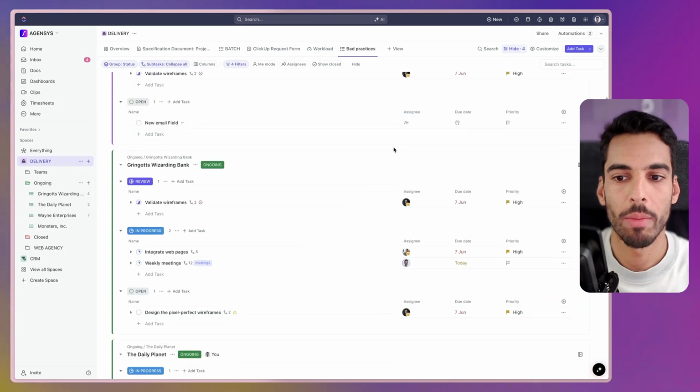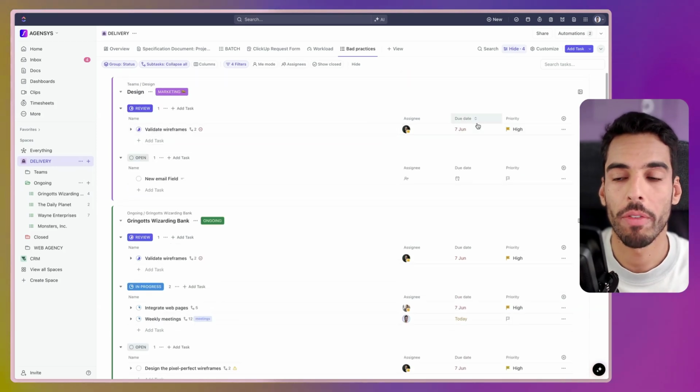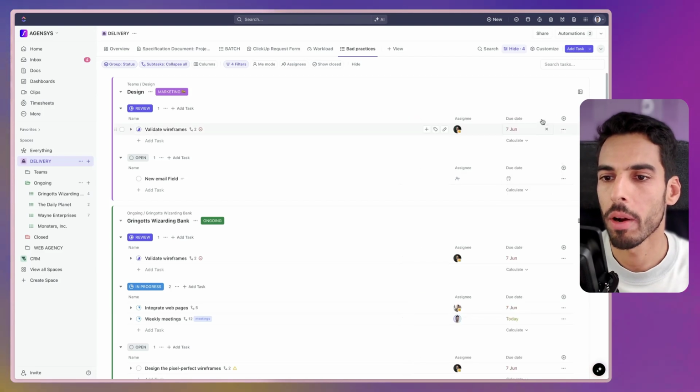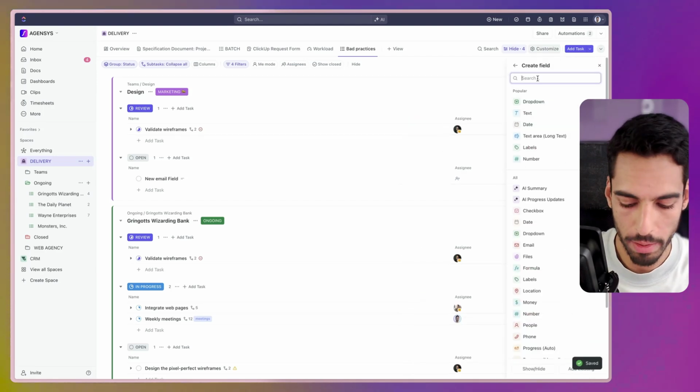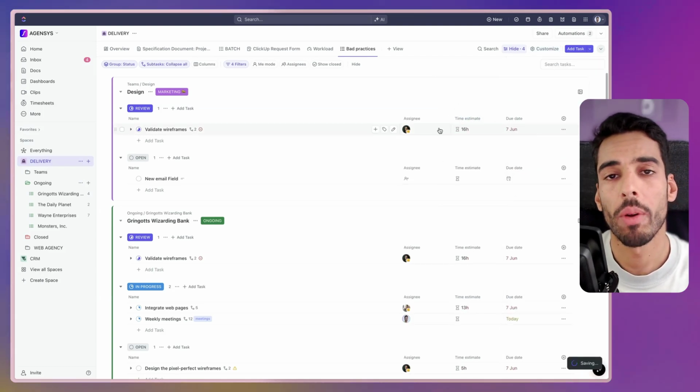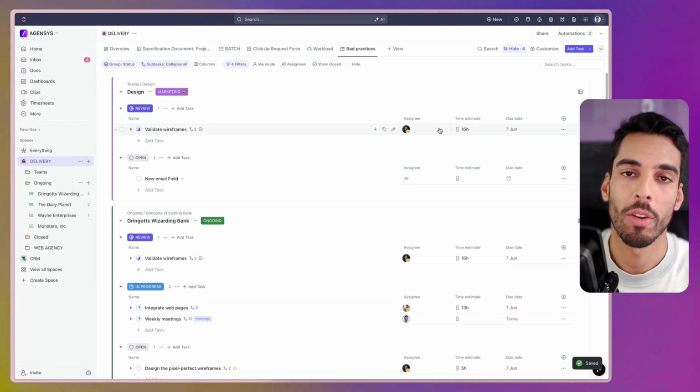And here, as you can see, we have the tasks that match the criteria of our filter. We're going to display the information we have in our filter. I don't really need the priority for now. I'm only going to display the due date and the time estimate. Now, potentially, we could also add a filter to track tasks that don't have a start date. And start dates are essential if you want to do some team capacity planning.